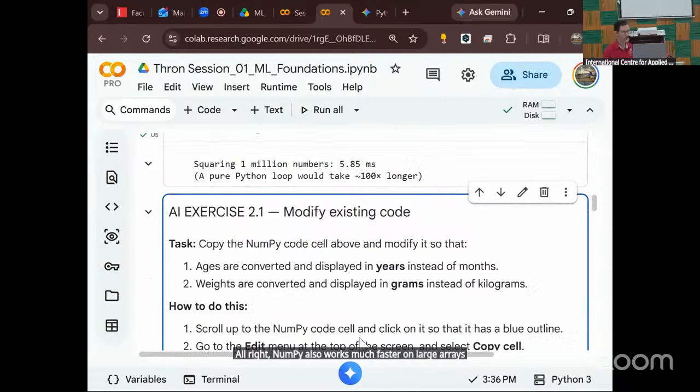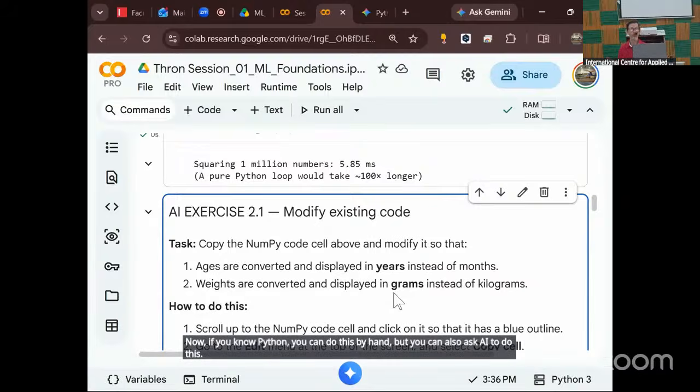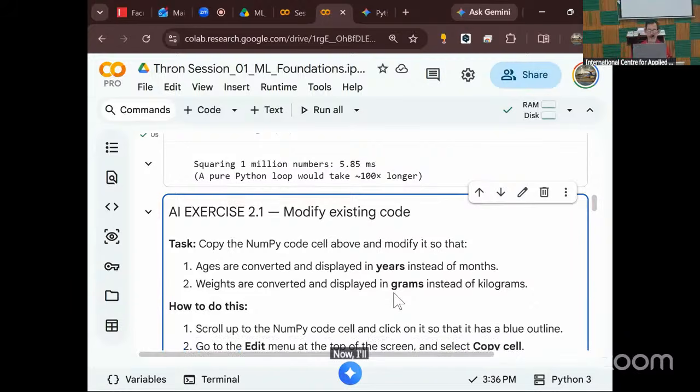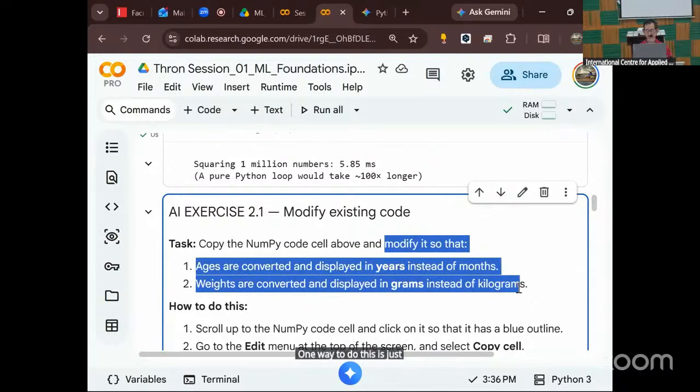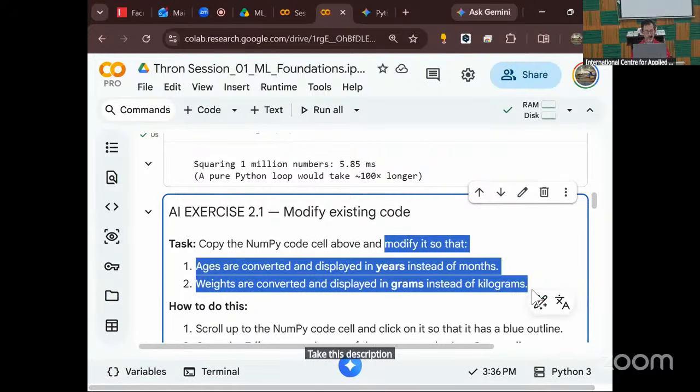So here's an exercise also. You can ask AI to help you. The lists that are in the tutorial use kilograms and months. So you can use AI to help you change the units to years and grams. Now, if you know Python, you can do this by hand, but you can also ask AI to do this. Now, I'll give you a hint. One way to do this is just take this description, copy it,